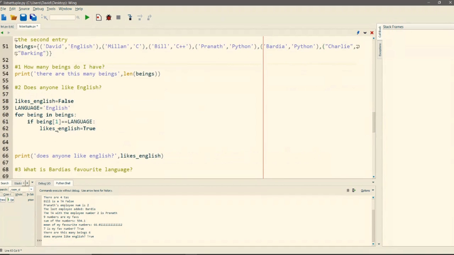There's a way that you could do this using a break. And what the break does is it says, okay, if someone likes English, stop the for loop and continue the program. If you guys have no interest in using this or find it a bit complicated, this is just something to help with the efficiency. So I'll write that down.